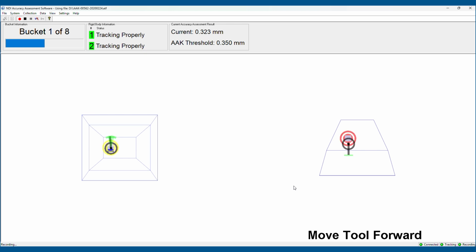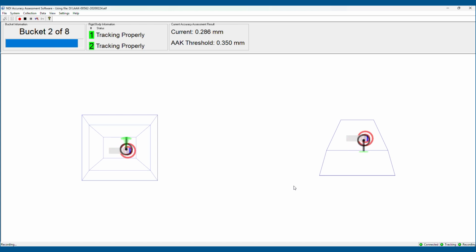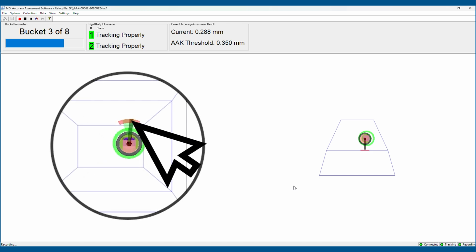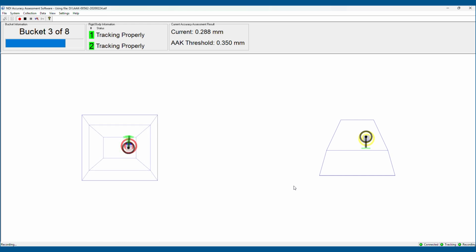Observe the colored rings surrounding the target as they indicate tracking status. Red means too few markers are in view. Yellow means the rigid body is partially out of volume. And green means the tool is tracking properly. 2. Distance. Use the hints to maintain the appropriate distance between the AAK tool and the camera. The software provides user feedback during collection through the angle constraint indicator and directional prompts to achieve the correct tool